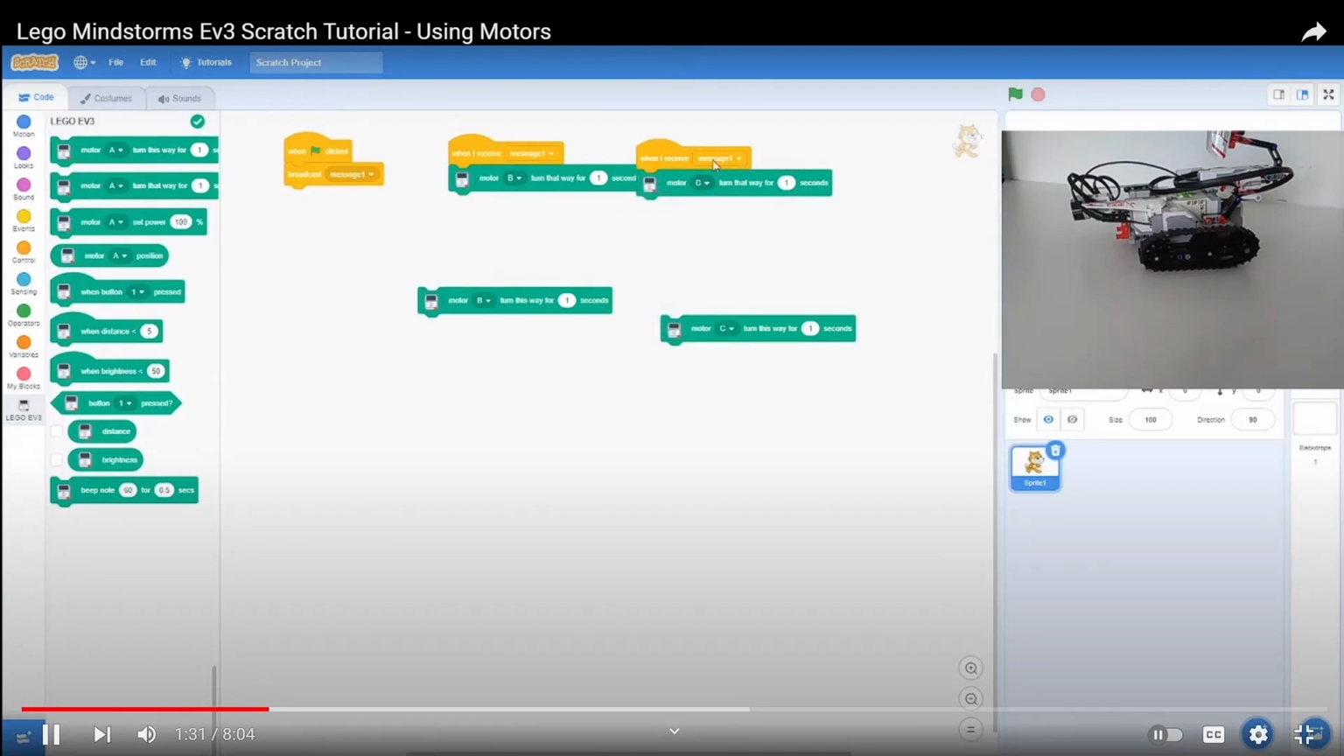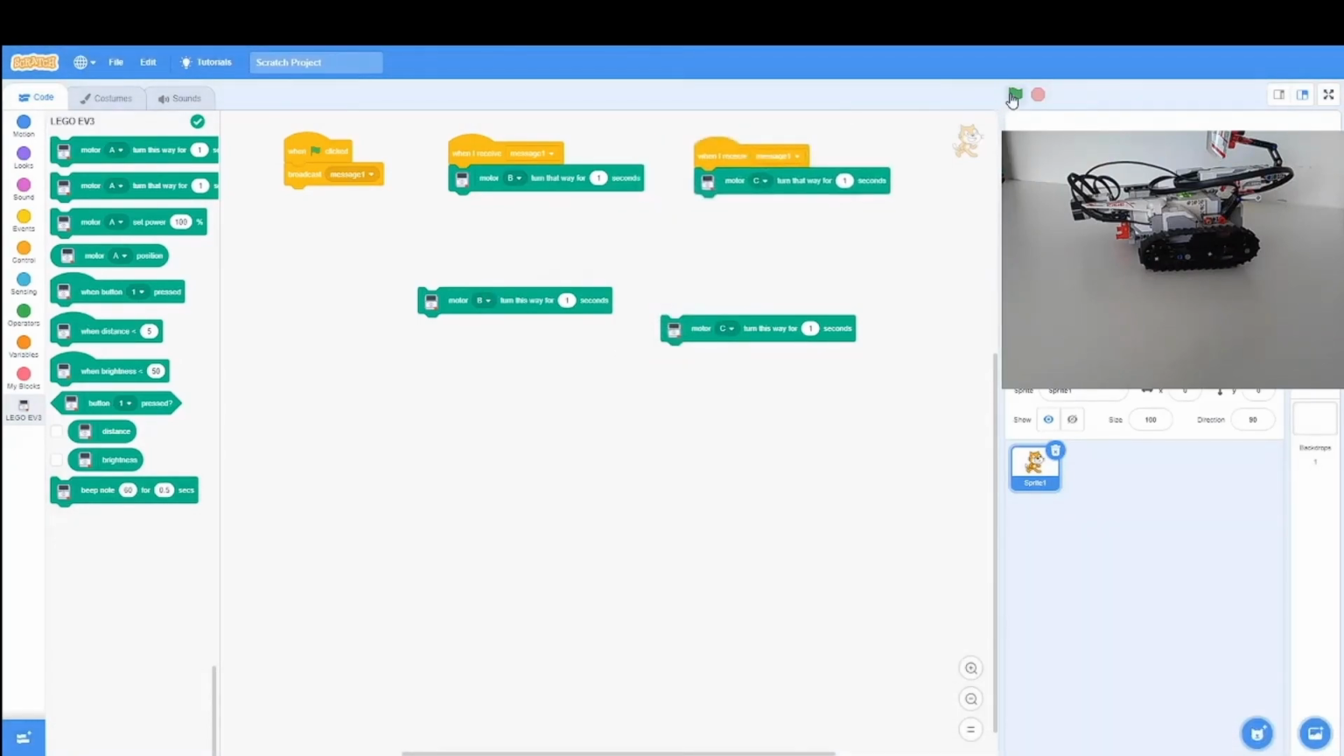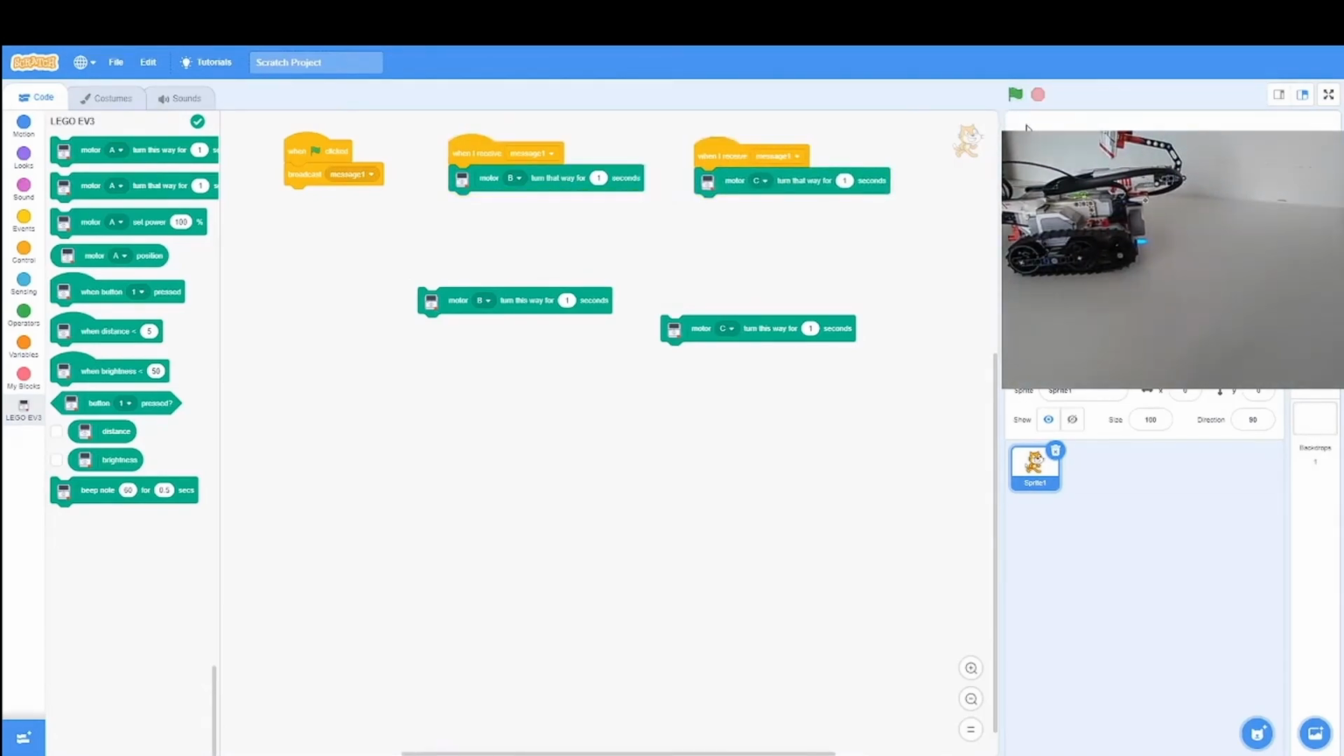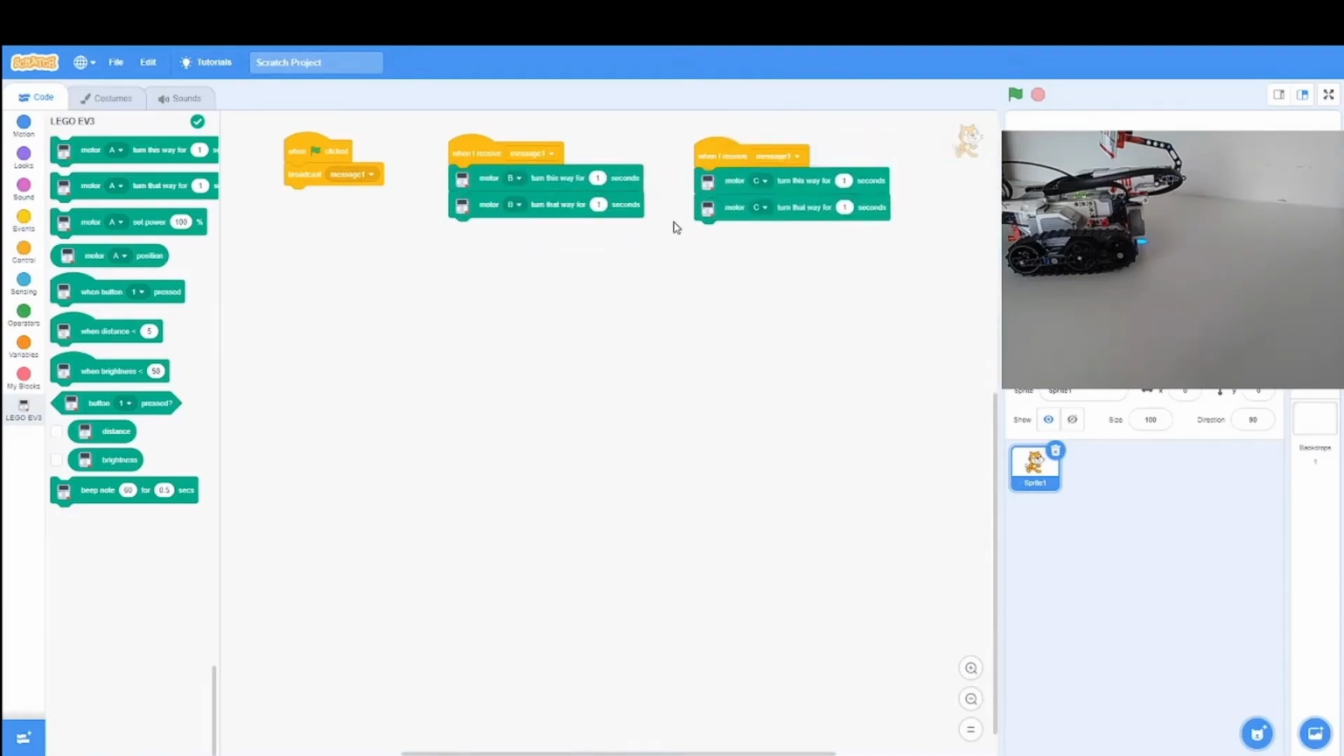Let's see if this can move backwards. Looks well to me. So what we're going to do now is I want it to move backwards and then forwards. So what we're going to do is we're going to put our forward, and then once it moves forward